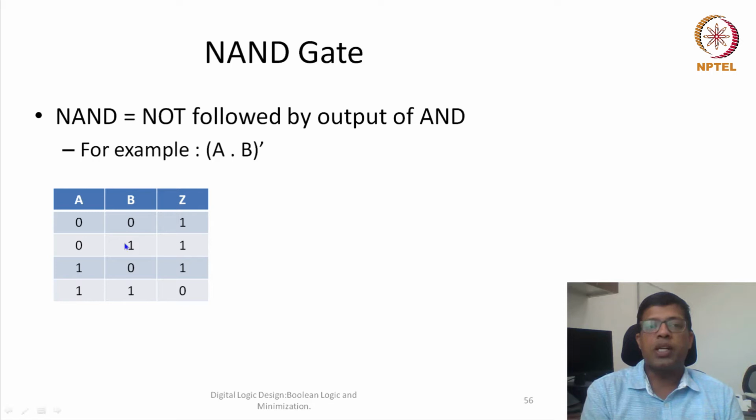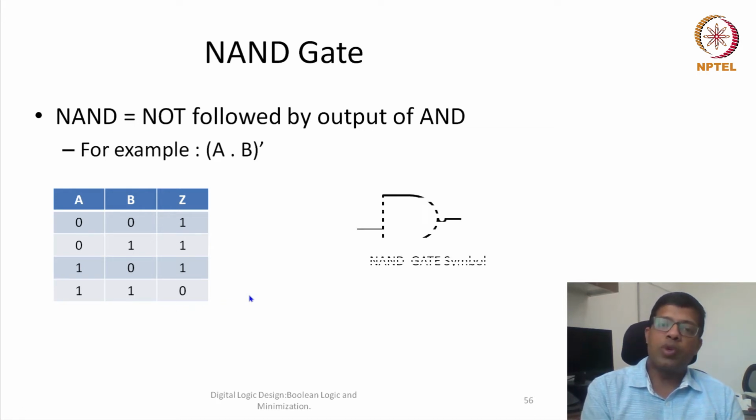In a typical AND gate, the output truth table is 0, 0, 0, 1, and so the truth table of the NAND gate would be: 0 NAND 0 is 1, 0 NAND 1 is 1, 1 NAND 0 is again 1, and 1 NAND 1 is 0. The symbol is very similar to the AND gate, but at the output there is a small circle, and the circle signifies the inverted output. So whatever is the output of the AND gate is inverted, and that gives the NAND gate.